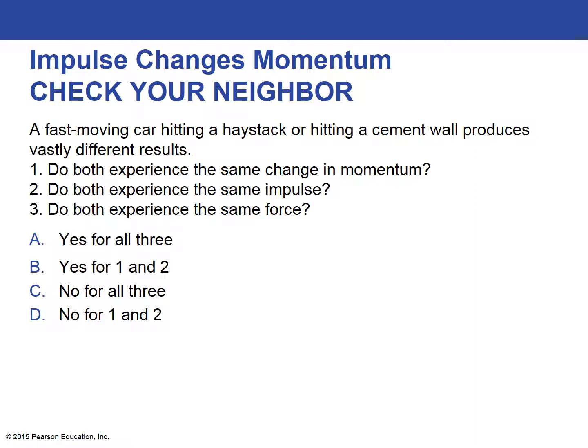So, in fact, the impulse will be the same in both cases. That is to say that the impulse applied by the haystack will be the same as the impulse applied by the cement wall. However, realizing that impulse is the product of force times time, we know very clearly that when